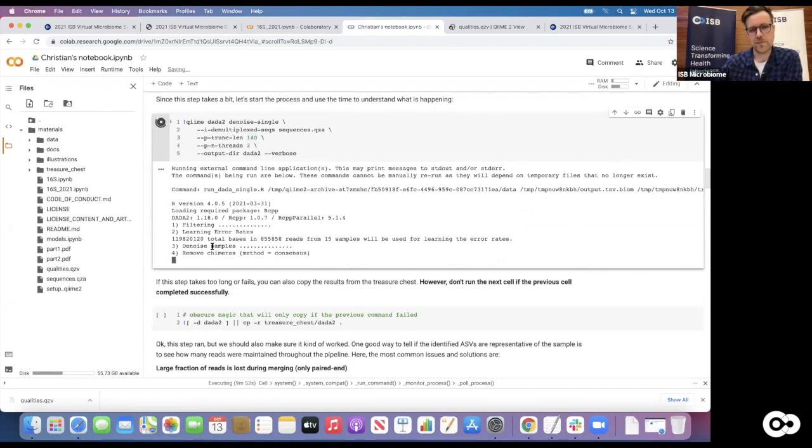But now, in my case, it finished denoising the samples. Now it will go into removing the chimeras, and then we're basically done with data 2, because then it will only assemble the counts, which is fairly quick. But yeah, maybe to continue a little bit while that's still running,